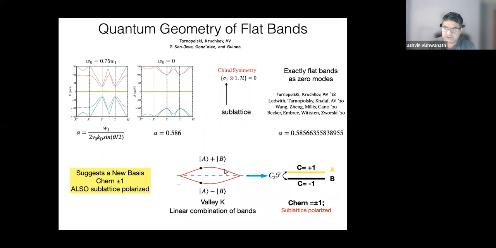This is a pair of bands that are touching at some particular value k, and you can sort of shuffle these basis states around and go to a different basis where you get a pair of Chern bands, Chern 1 and Chern -1. Now, in itself, that may not be very surprising. You're just taking apart a band into opposite Chern sectors. But what is important over here is that these Chern sectors are actually sublattice polarized. Okay, so the Chern 1 lives on one sublattice, the Chern -1 on the opposite sublattice, and everything is reversed in the opposite valley.